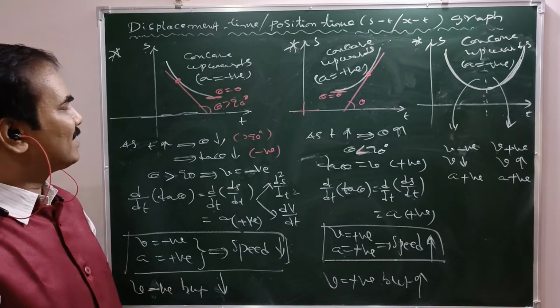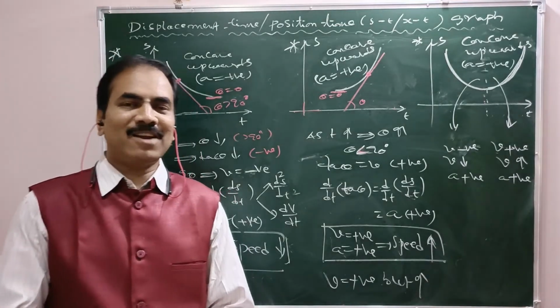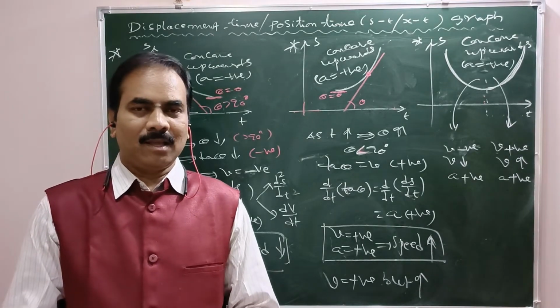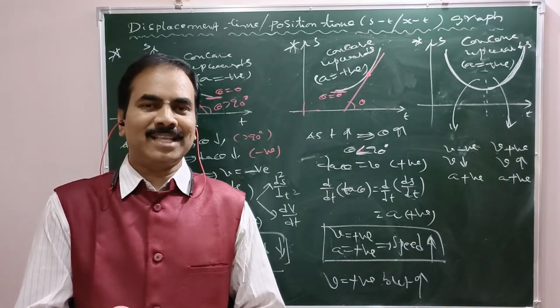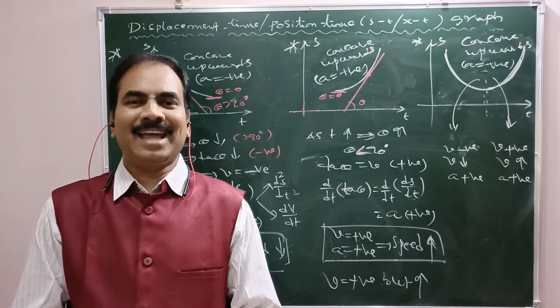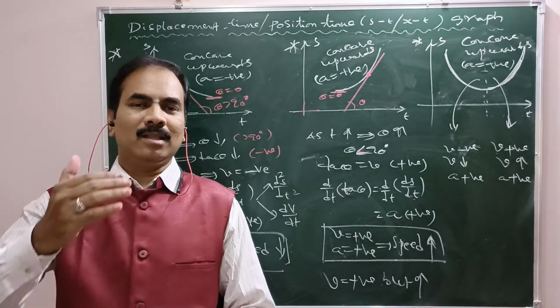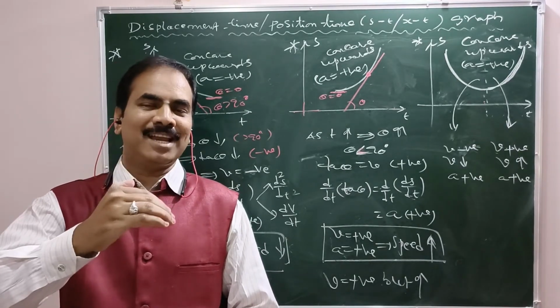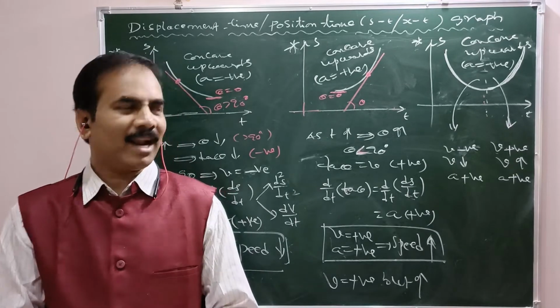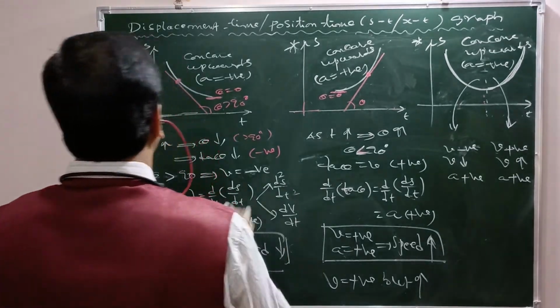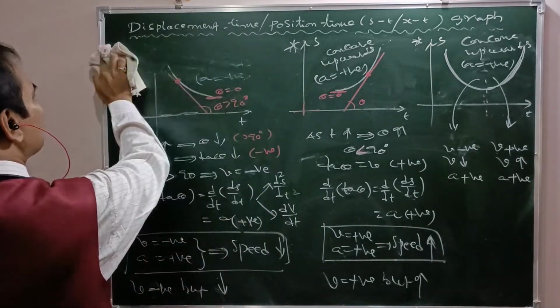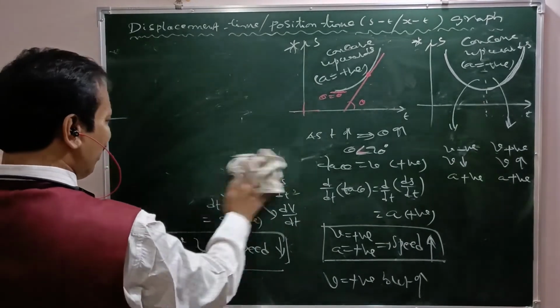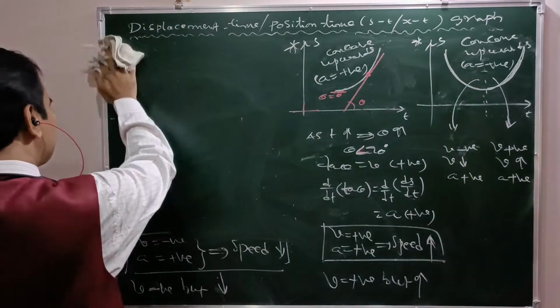So, what is the inference here? If variation of displacement versus time is somewhat concave upwards or completely concave upwards, then a common indication is that acceleration is positive. If at all the shape is concave downwards, then acceleration is negative, right? Based on these inferences, let us see two more examples, illustrations, right?